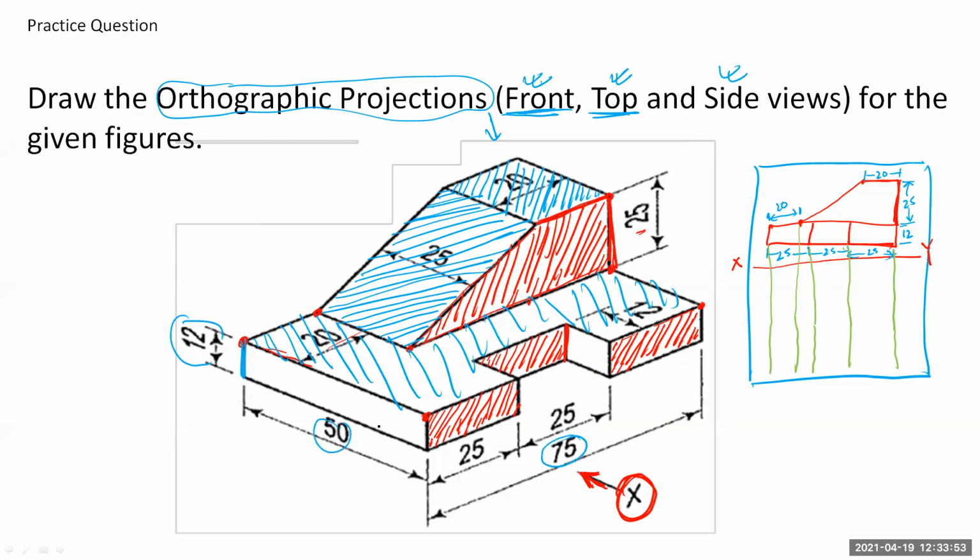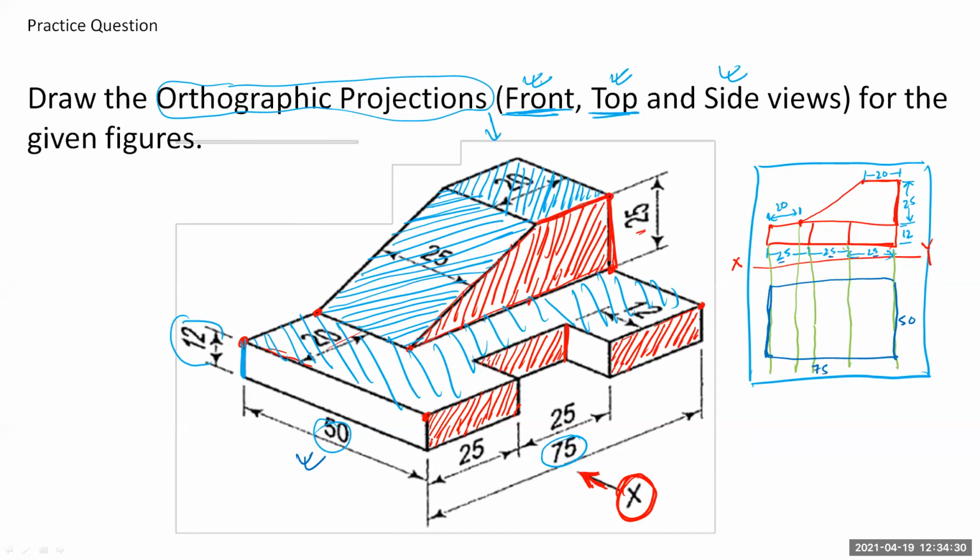Okay. So you can draw a big rectangle. This will be 75 automatically, because here you can see 25 plus 25 plus 25. So it will automatically be 75. Now in this direction, you have to move 50 units. So you can draw a line of length 50 like this. Then you can complete this box. So this box will be 50 on this side and 75 on this side.